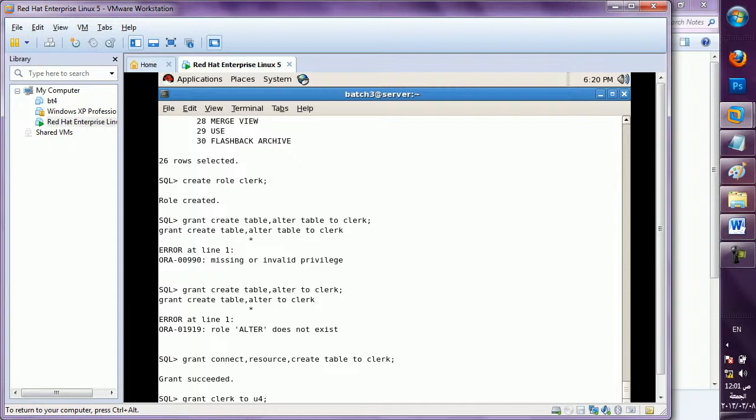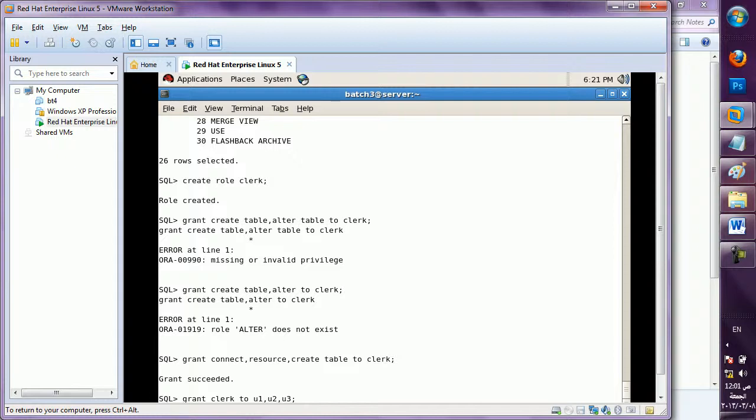You can put create session also in that role. Grant create session, connect, resource, create table, the whole bundle of commands to that role. After that, just pick that particular role name and give it to the user. No need of typing 5 commands again and again. You can create the roles and keep them. Simple. Understood? Now you can easily give this role to any number of users, like U1, U2, U3. You can assign it to different users also, no problem.